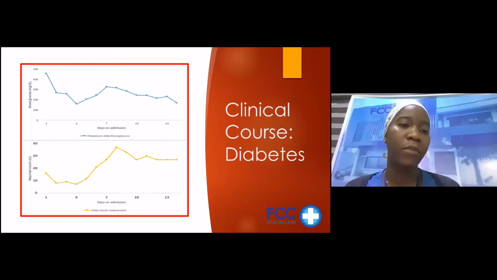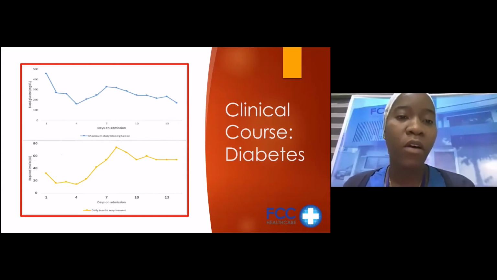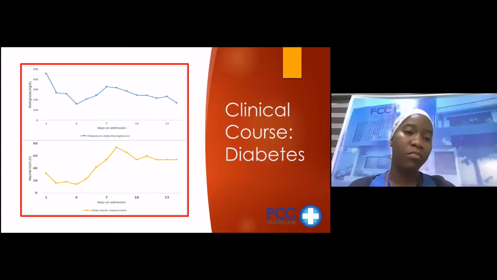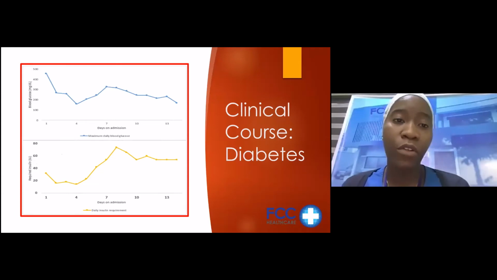The maximum daily blood glucose was almost between 180 and 200 every day, and he was needing really high amounts of insulin, reaching a peak of almost 80 international units. And this was, we would probably say, due to the IV methylprednisolone, which we know can cause some derangement in glucose, but we did